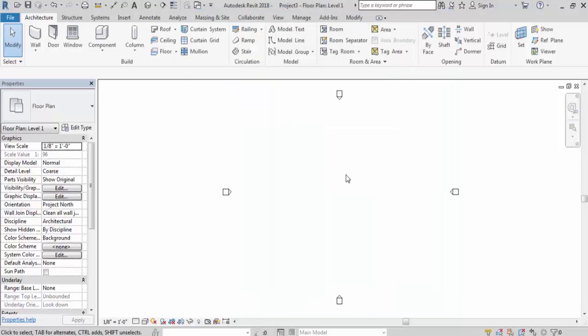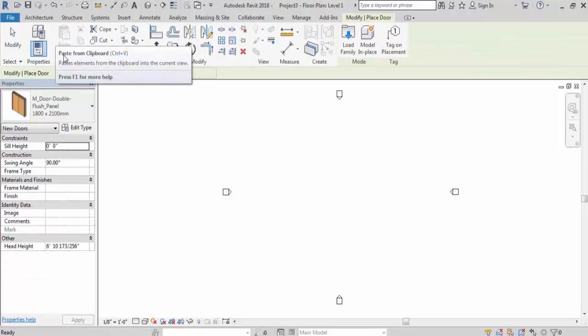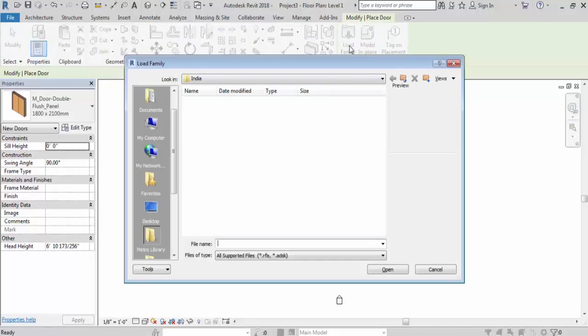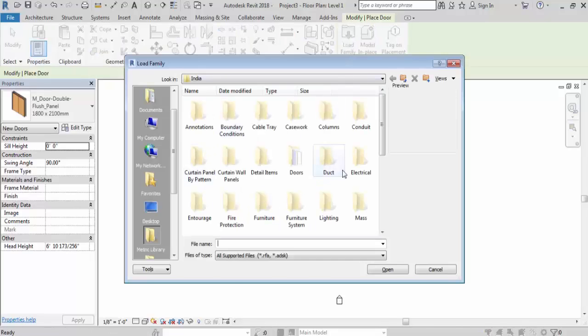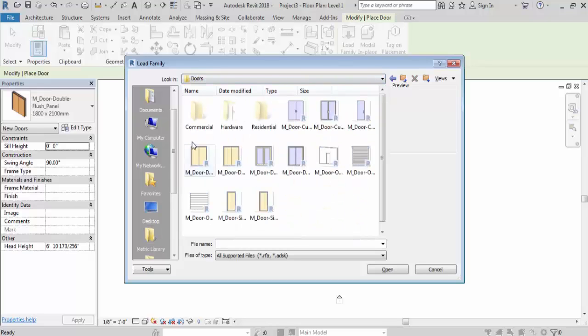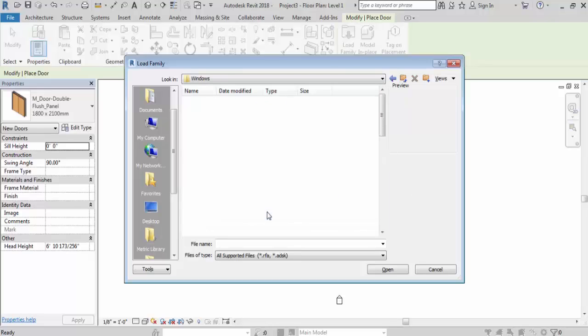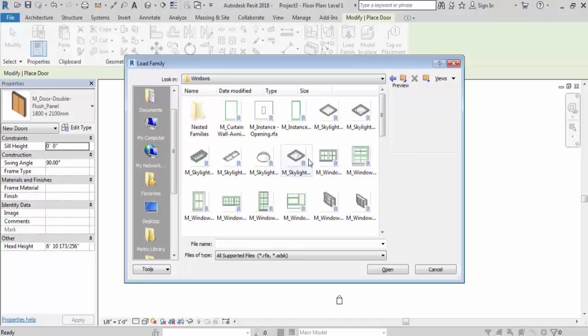Now when I click on Door, then click on Load Family, this time you can see we are inside this Indian library. Now we can directly select our family from here. We are directly coming to the Indian library because we have done the permanent family setting.